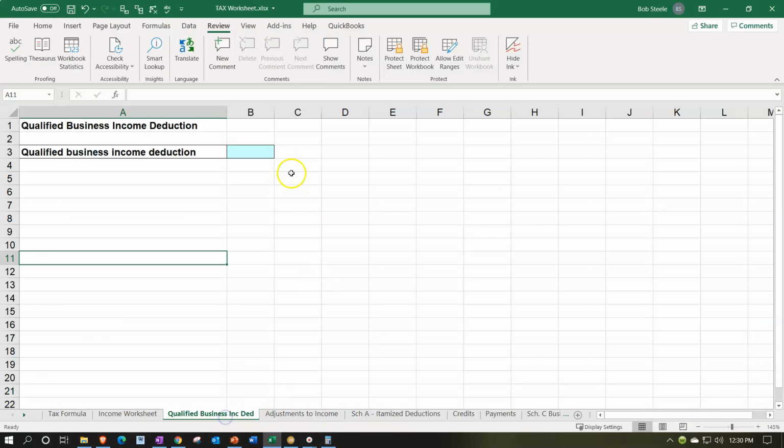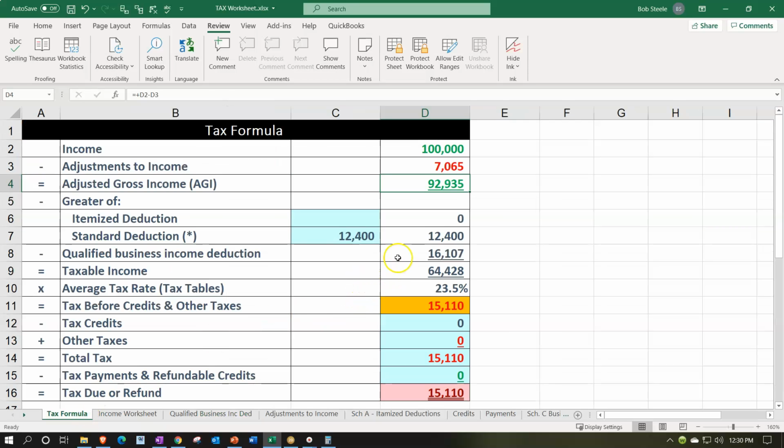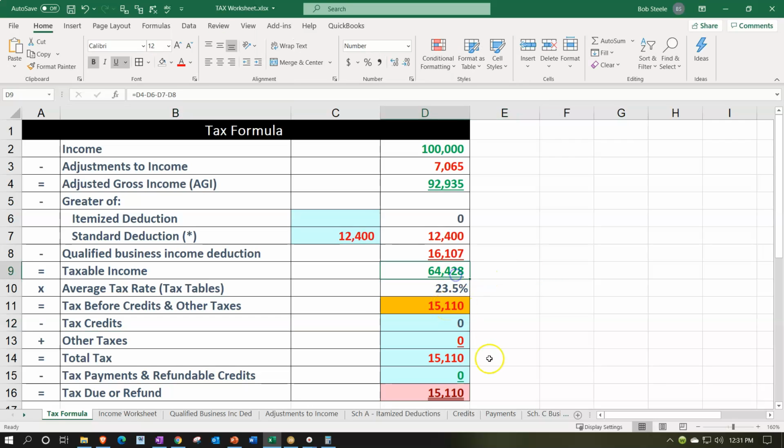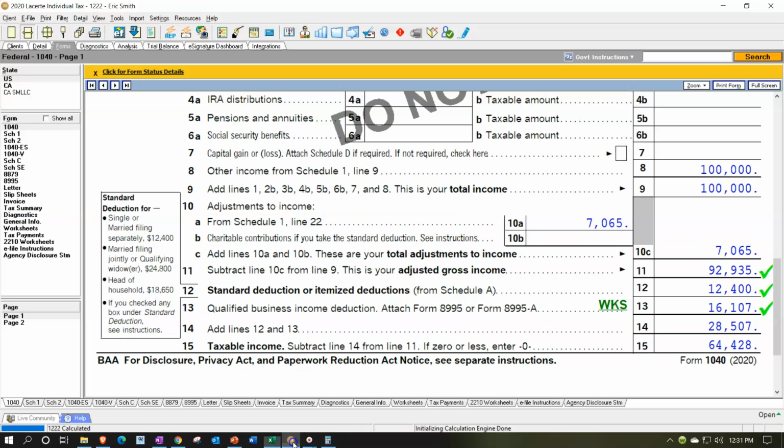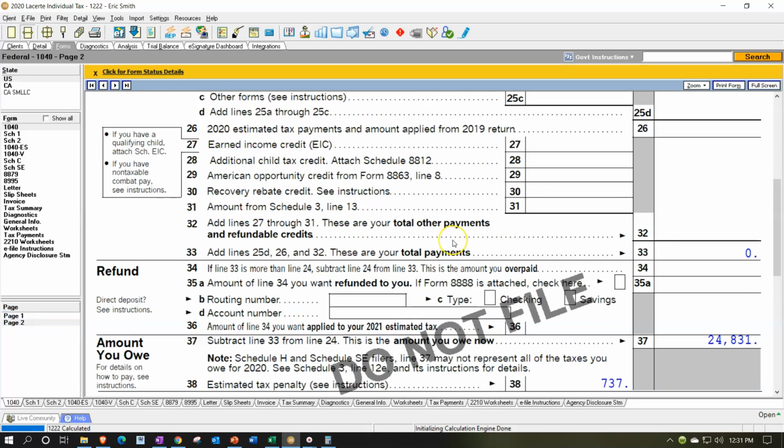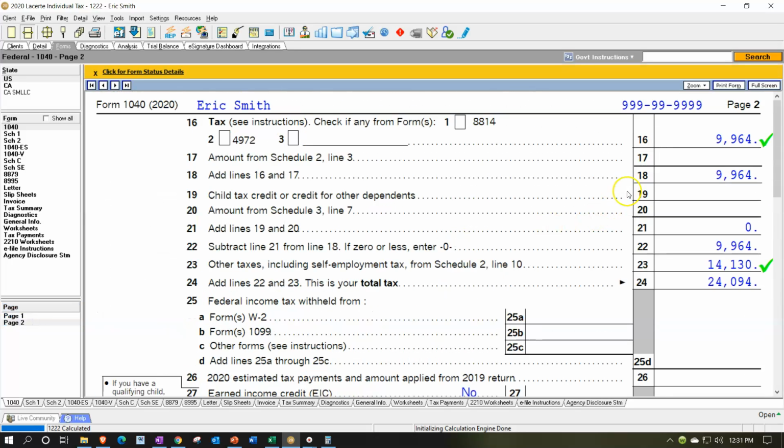I'm going to say 16,107, and that'll pull forward. Notice I added that line just so we can have it there for the Schedule C, and that's going to bring us then to the 64,428. I changed some of the color in here. So there's the 64,428. So then if I go to page 2, when we calculate the tax, now we've